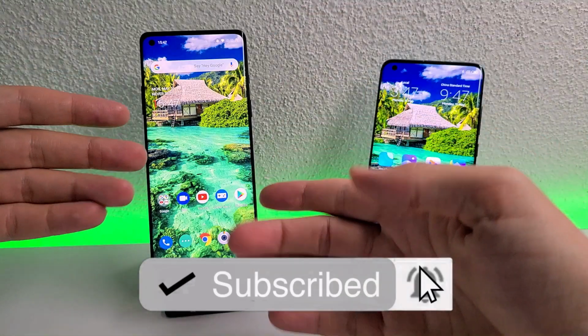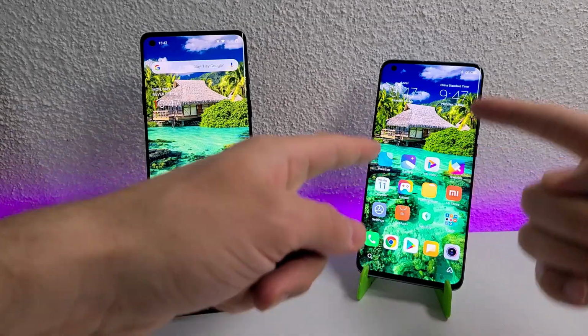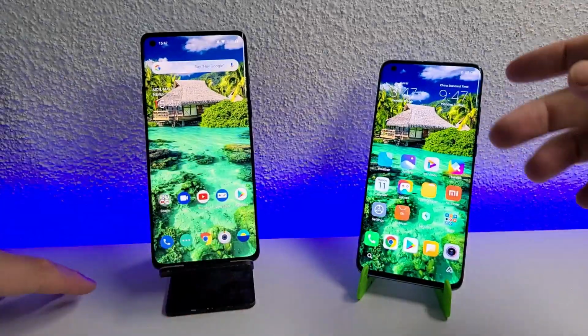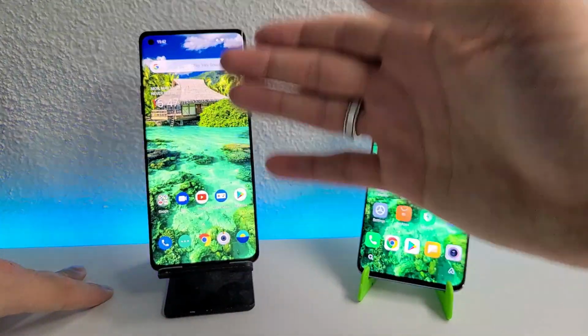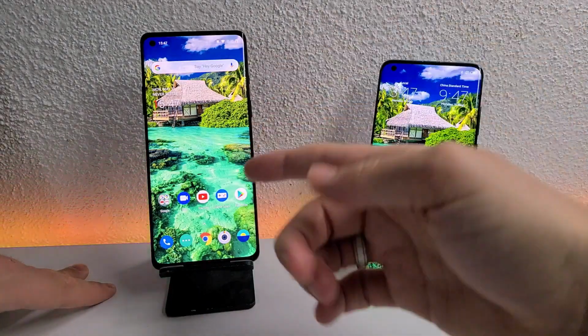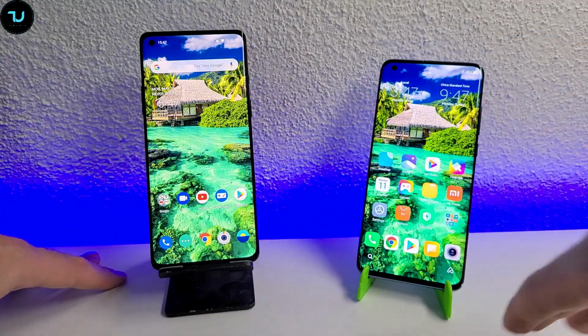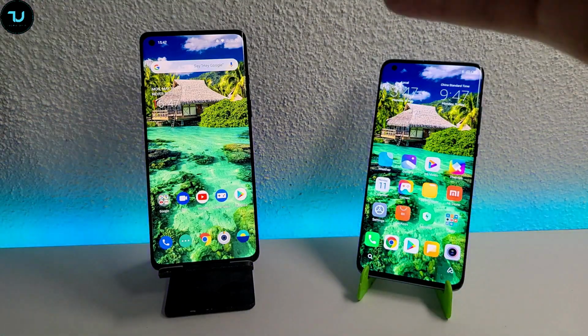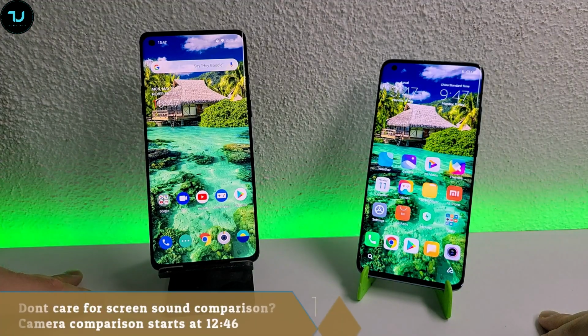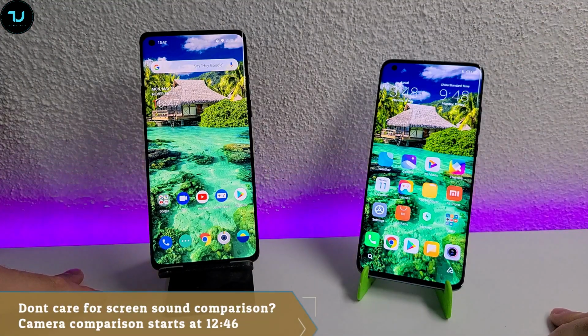So price tag: $630, Chinese version $610, global version $700. So yes ninjas, since the OnePlus 8 comes as a global with the global bands, it comes with the Google Play services already installed, there is no kind of Chinese version of the OnePlus 8. So this is a win-win regarding the price tag itself. OnePlus 8 is almost $100 cheaper than the Xiaomi Mi 10 global version, which comes with the global bands,